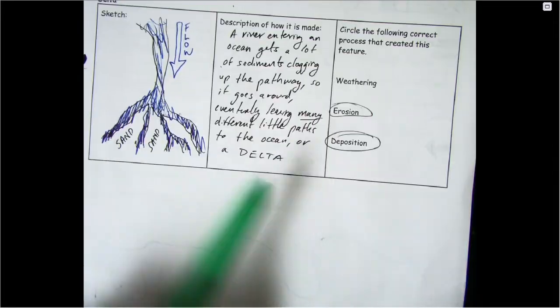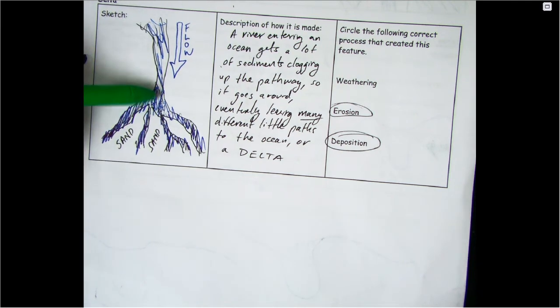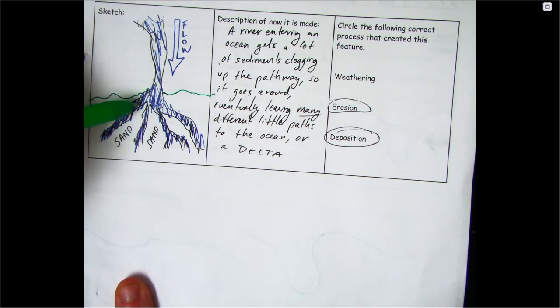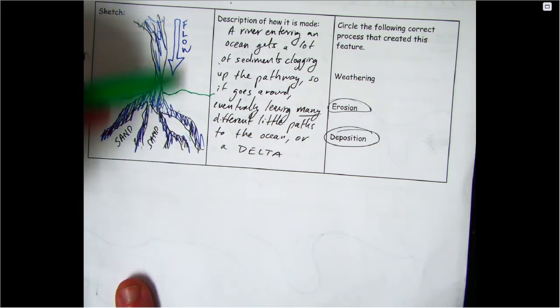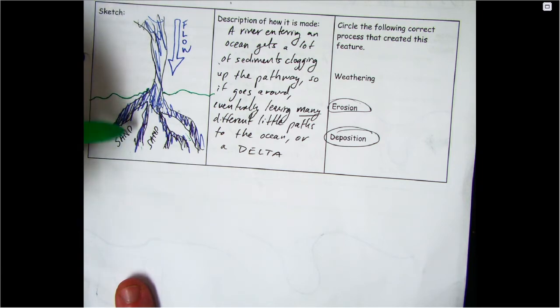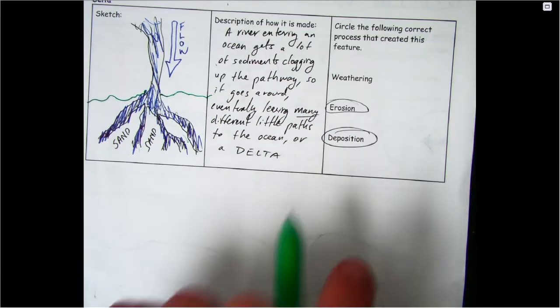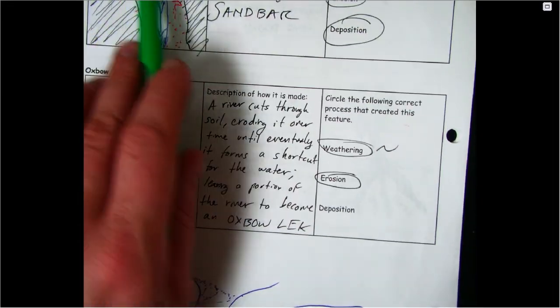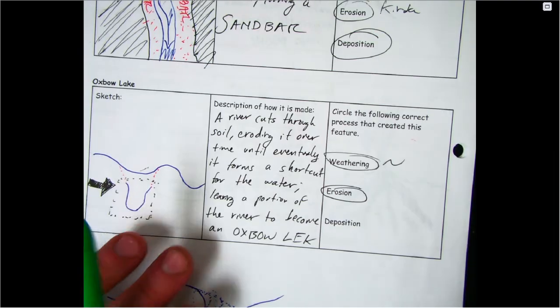The delta, of course, we've got that fast-moving river water. It's going to hit the ocean. When it goes into the ocean, it's going to slow down, and you're going to see deposition, leaving all these islands. And it really occurs a lot during those big floods when it gets above the island and puts more on top of the island. So erosion and deposition for that one. Finally, we have the river bend, and I'm going to redraw this one real